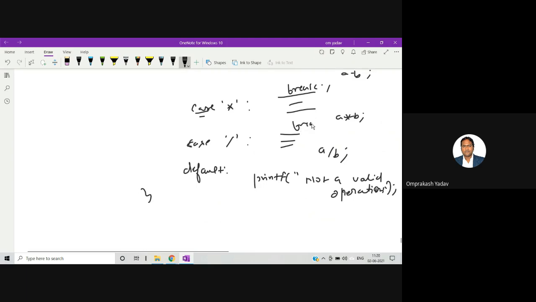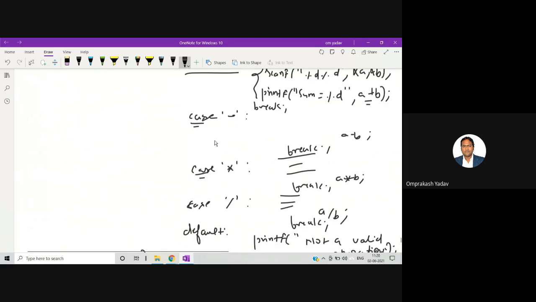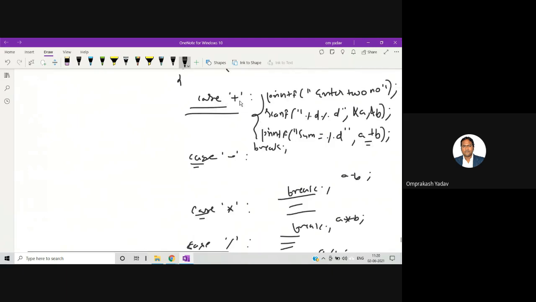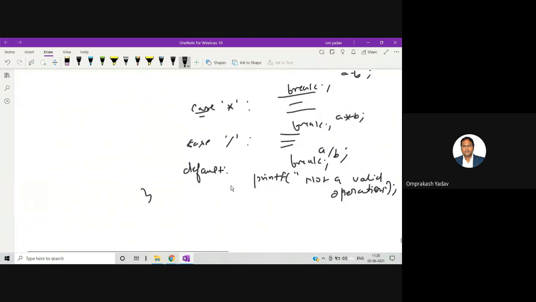We must write break here also. For the default there is no need, because we are writing it at the end, so even without a break there is no instruction below to be executed in the switch case. But if you write the default above, at the first position, then for the default you will also have to provide the break.